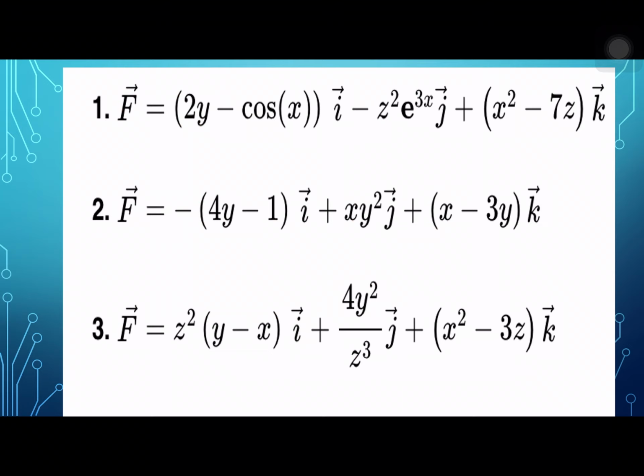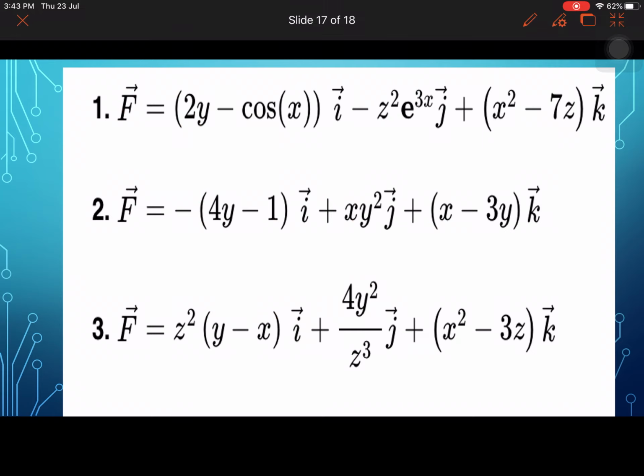Please, my caution to you, not just for these 3 examples, even for the entire semester: these negative signs, please make sure that you are not making any mistakes. So be careful while you are operating del bar over them. Okay, so please make sure that there is no confusion at all while doing this.